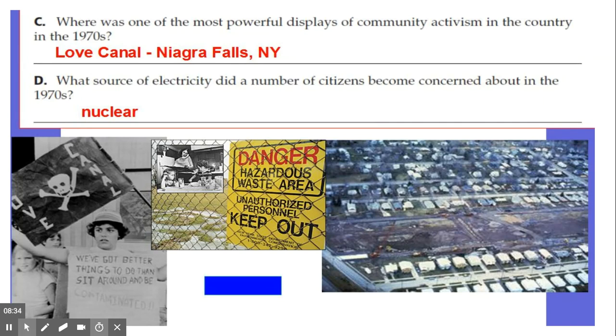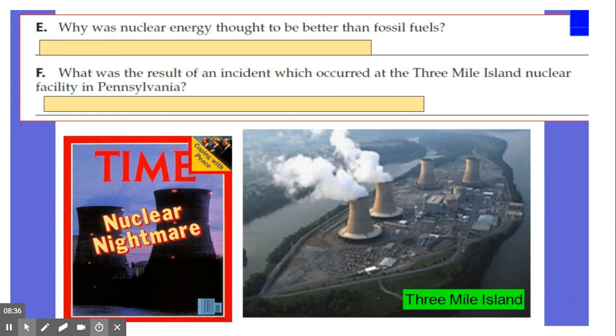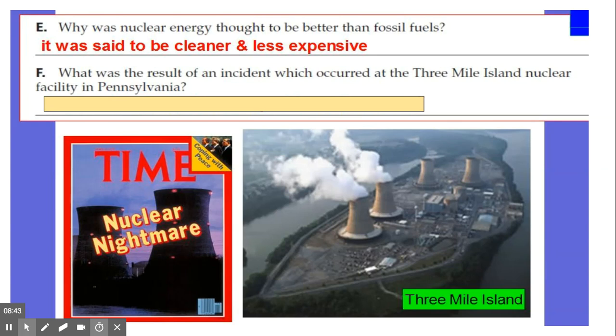north of Falls City. So in letter E, why was nuclear energy thought to be better than fossil fuels? It was believed that it would be cleaner and less expensive, and hence a lot of people thought it was the way of the future. So in letter F, what was the result of an incident that occurred at Three Mile Island Nuclear Facility in